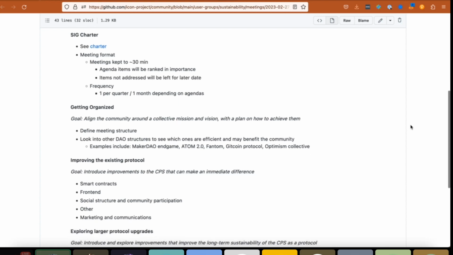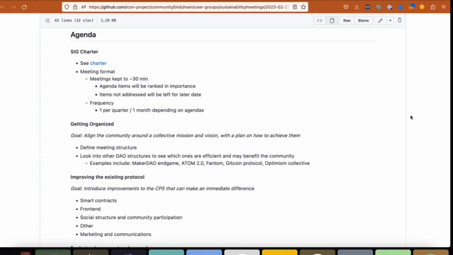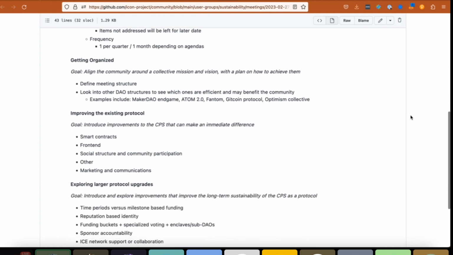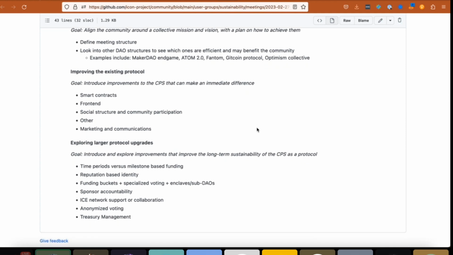So, like I said, there are a couple of parts to this meeting. The first one is going to be the intro, where I'm just going to talk to you guys a little bit about what I'm trying to organize with this. The next one is going to be about the protocol and the ideas that have been in motion for a while for development of the CPS. And then the third part is going to be a completely open discussion. I will be moderating that discussion.